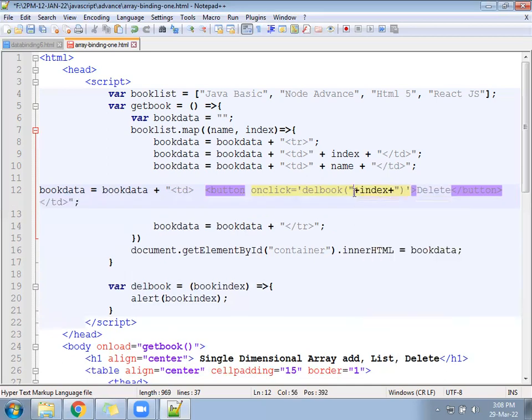So plus index, what does it represent? Concatenation. Plus index represents the concatenation.